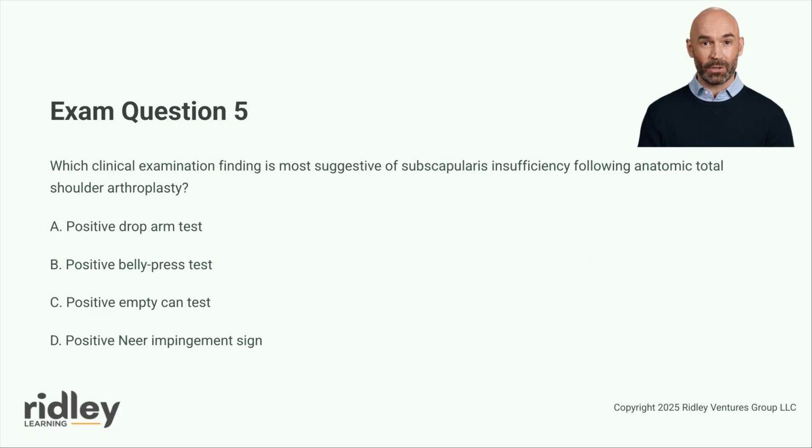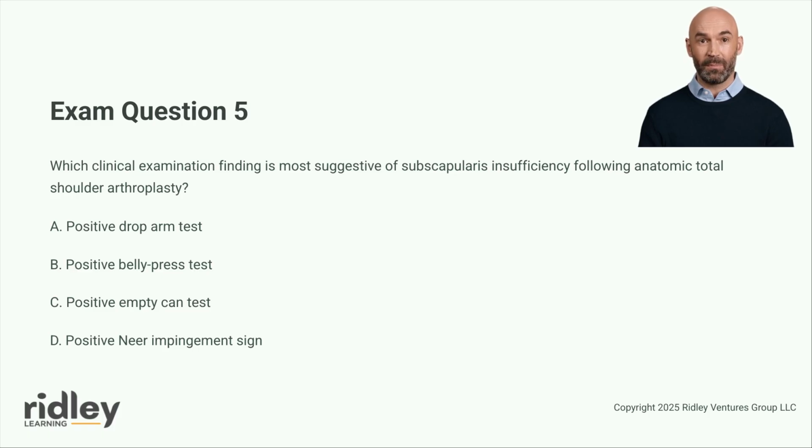Question 5. Which clinical examination finding is most suggestive of subscapularis insufficiency following anatomic total shoulder arthroplasty? The correct answer is B. Positive belly press test. Rationale. The subscapularis is the primary internal rotator of the shoulder and plays a crucial role in anterior stability. Following anatomic total shoulder arthroplasty, subscapularis integrity is